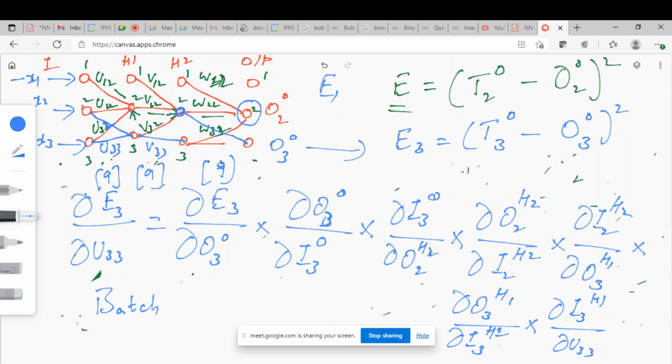For the first set of input, let me call it x11, x21, x31. The second set of input will be x12, x22, x32. At that time, what is the error? Let us say it is E2. Third set of inputs, say x13, x23, x33. At that time, what is the error? E3. Like that I may have 100 data points, x1_100, x2_100, x3_100.